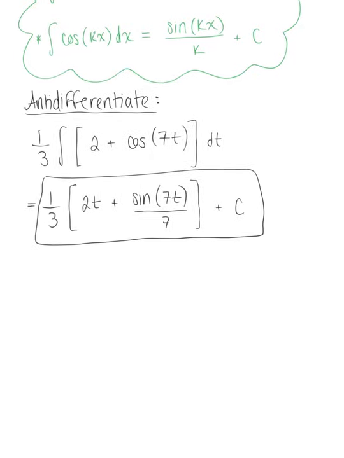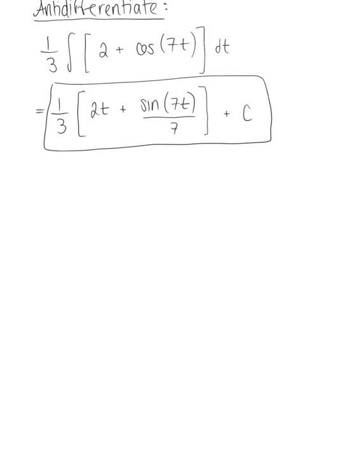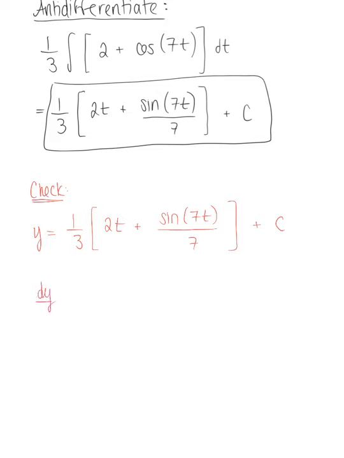And just to make sure that we are correct in our antidifferentiation here, let's check. We can check by defining our antiderivative above as a function. So we have y is equal to 1/3 multiplied by 2t plus sine of 7t divided by 7 plus some constant c. And so differentiating here with respect to t, we have dy dt is equal to 1/3 multiplied by